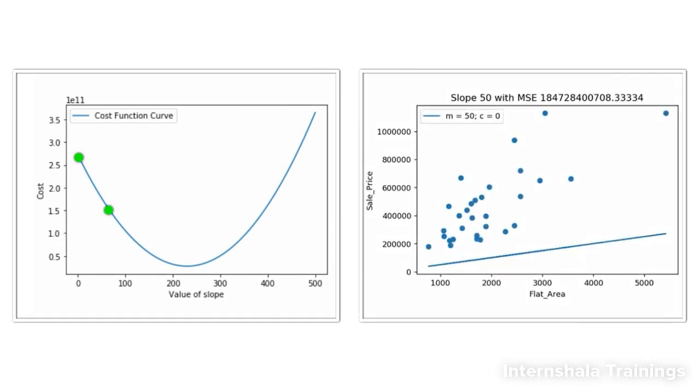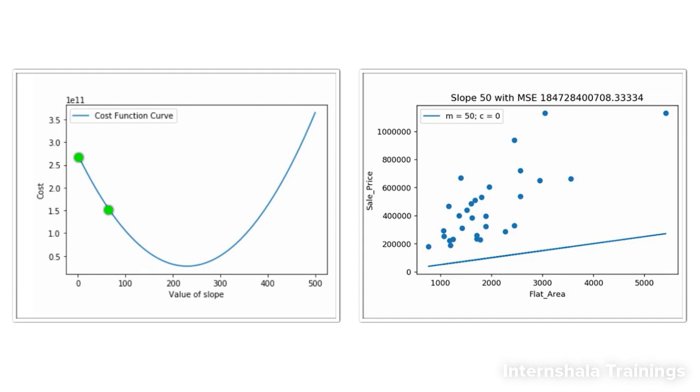But as we increase the slope of the line, the cost reduces. We can see that the cost with respect to the line when we assign the slope the value of 50 is much lower and is represented by the lower dot on the cost function curve as compared with when slope was 0.0, which means the line with slope 50 fits the data better than the line with slope 0,